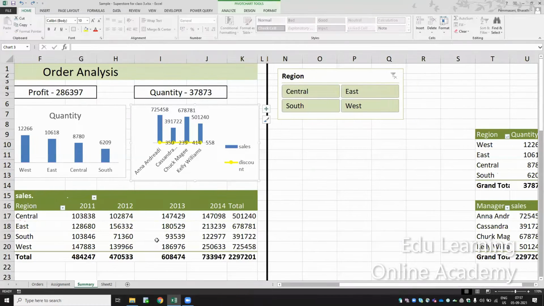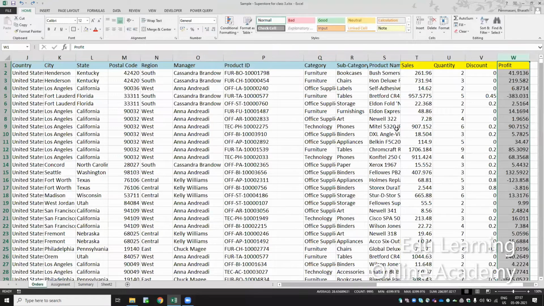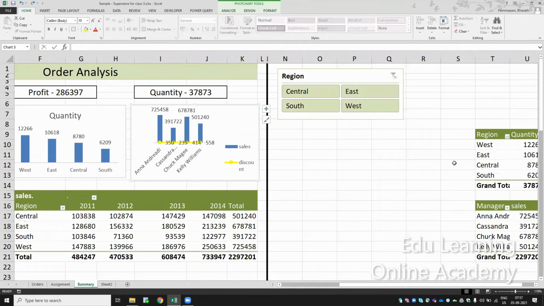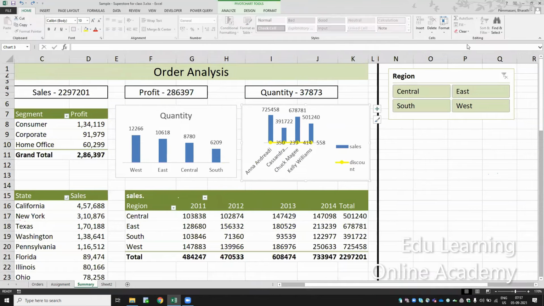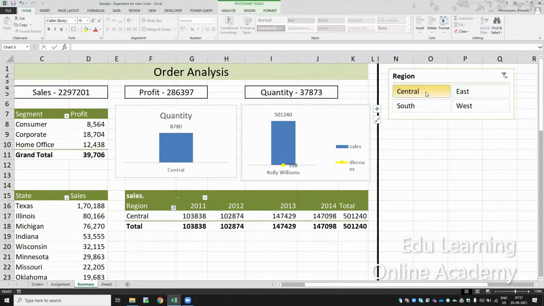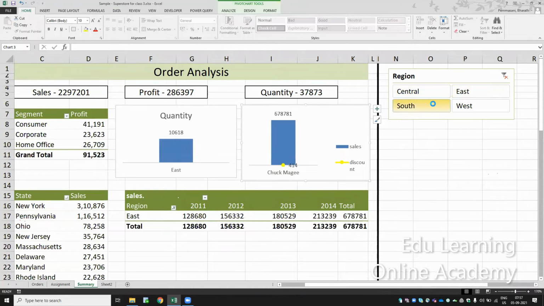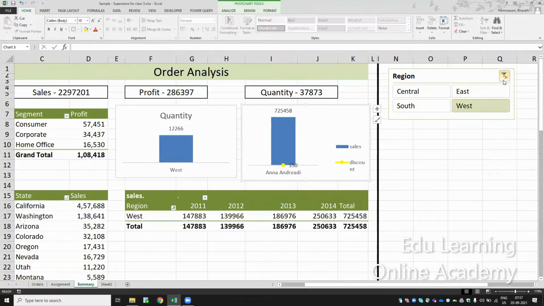So if you wanted to convert, I have to go here in orders and I have to divide each sales by 10 lakh. So it will come as million. Okay. So now this visual will also get interacted. Central region, the discount is showing as 558. West region, this is the discount. Okay.